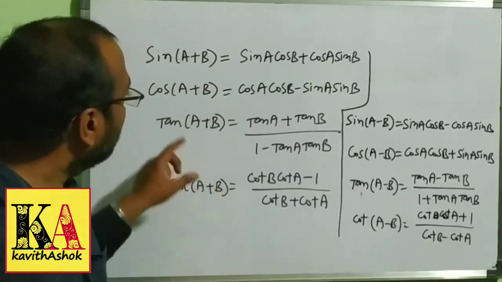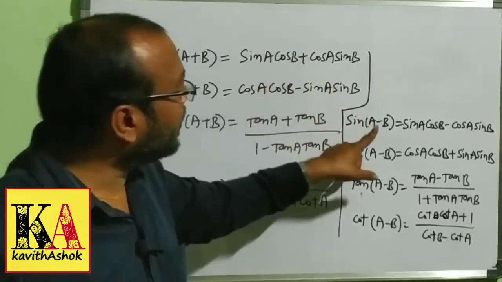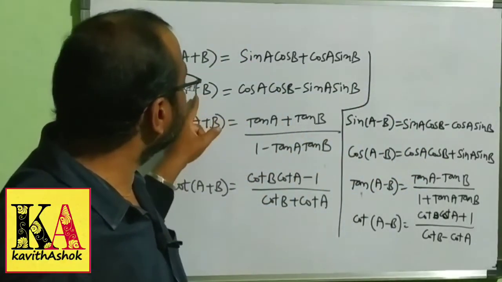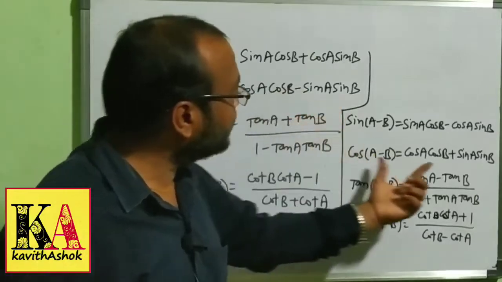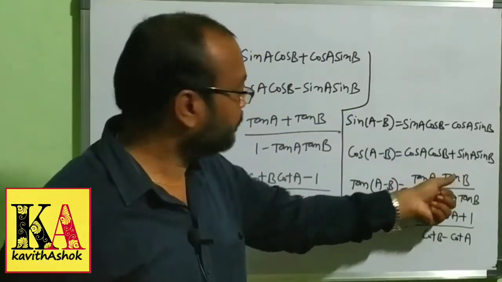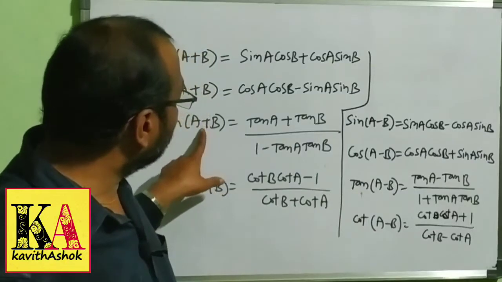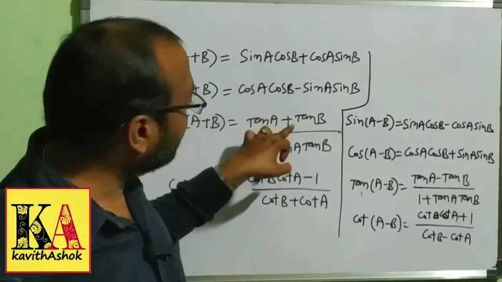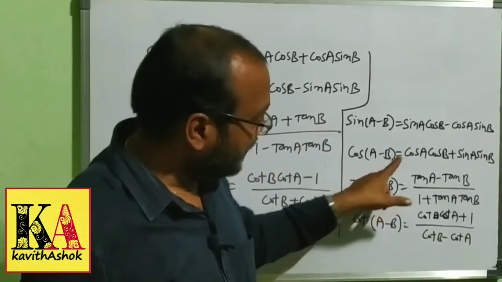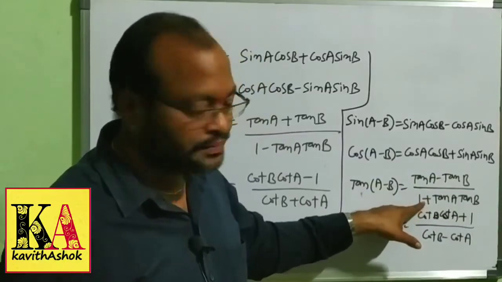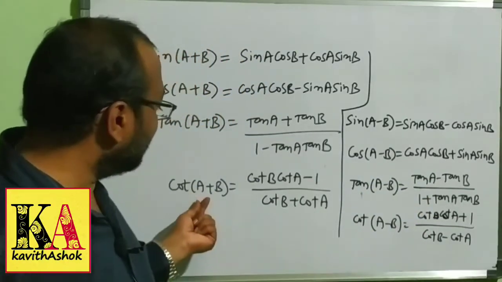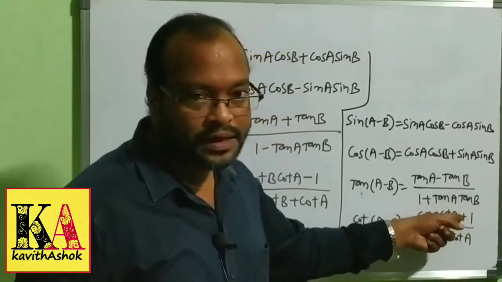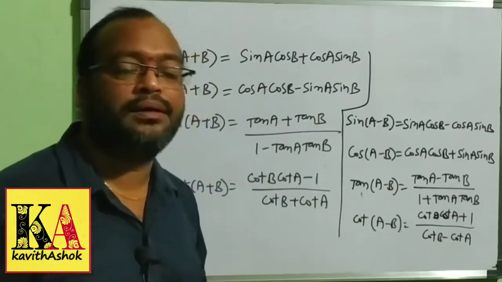Look at here. If plus is there, it reflects on the plus. If minus is there, it reflects on the minus. Remaining is the same. If cos of A plus B is there, we get minus here; in the same terms, if minus is there, we get plus. Tan, we already know, applies to the numerator part. So plus in the numerator, minus in the denominator. If minus is there, minus will be in the numerator and the opposite sign, plus, in the denominator. Cot of A minus B reflects in the denominator part. So minus is there in the denominator, and in the opposite, it will be plus. So like this we have to remember.